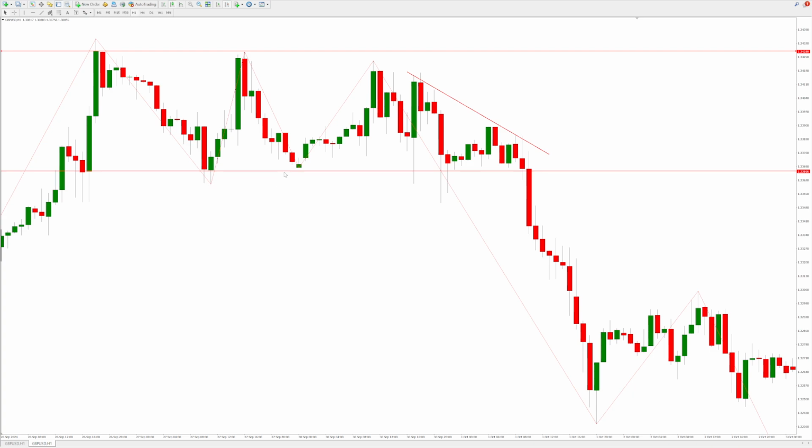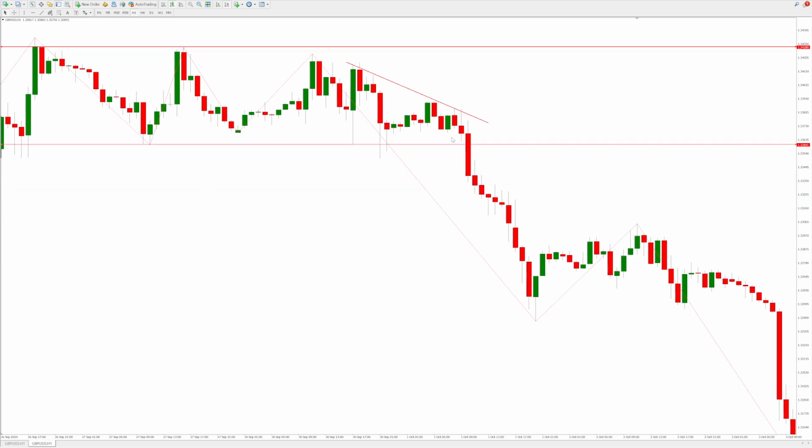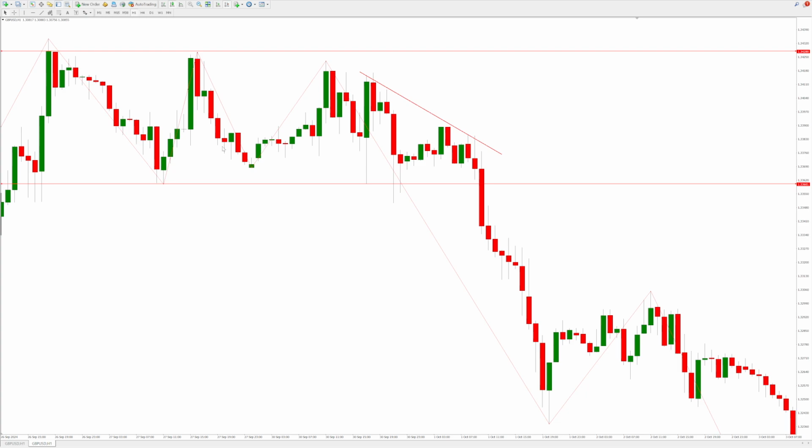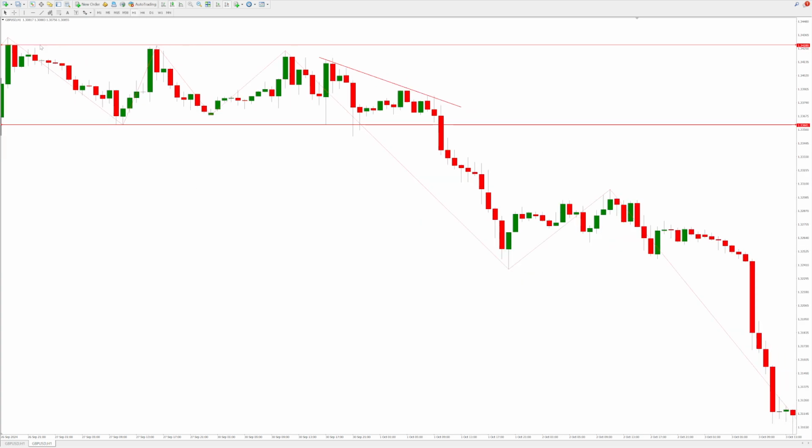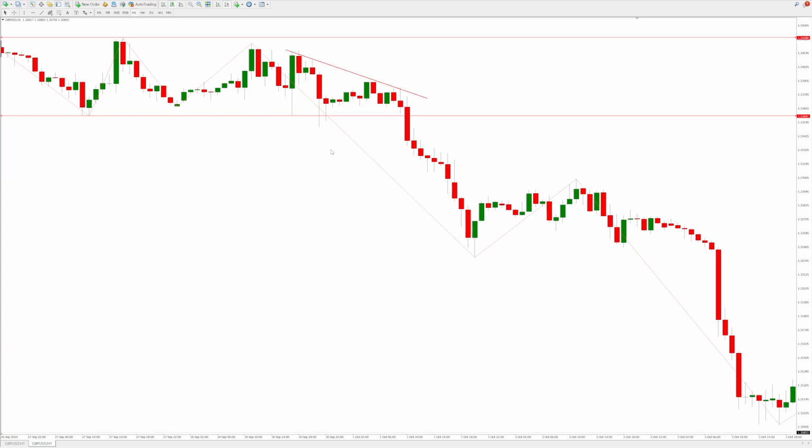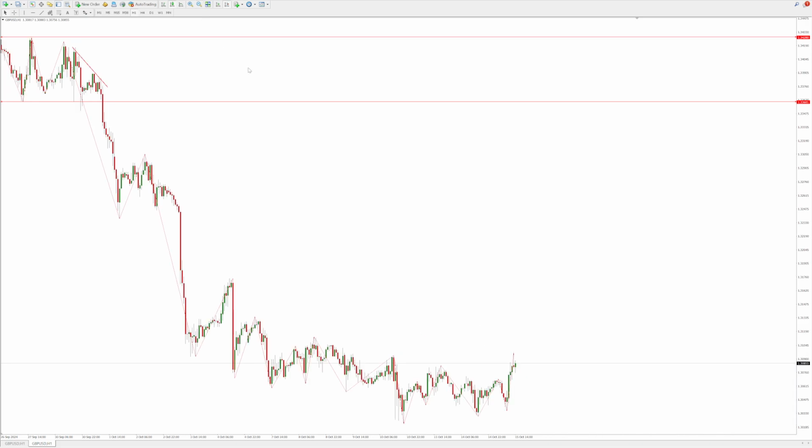Back to the zigzag indicator, I've drawn my support level there. If you want to take it as gospel, you can also use the point. You basically use the previous low point of the zigzag indicator, okay? Which is there. As you can see, the zigzag indicator would have also been an indication to enter on this breakout here. So that's for me the way I would use the zigzag indicator, is just as a guide for support and resistance levels. Had we taken that particular trade,